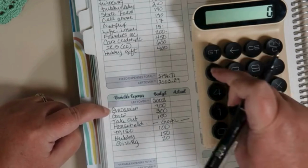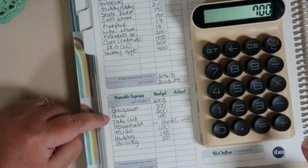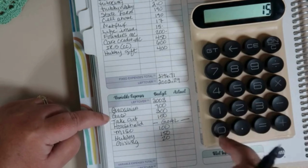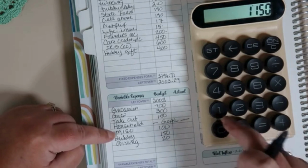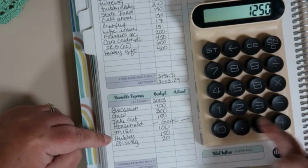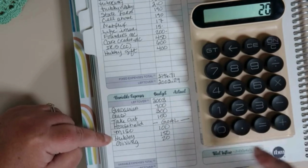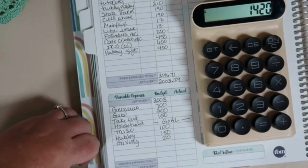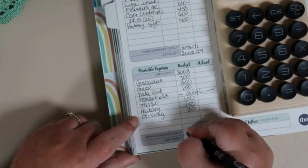So total we have $700 for groceries, $300 gas, $150 for takeout, miscellaneous, hubby, and giving. $1,420, so